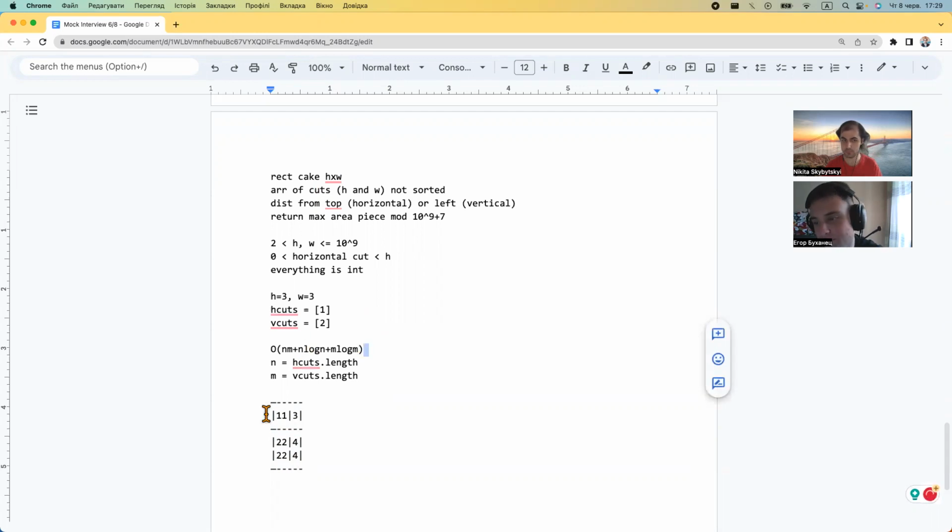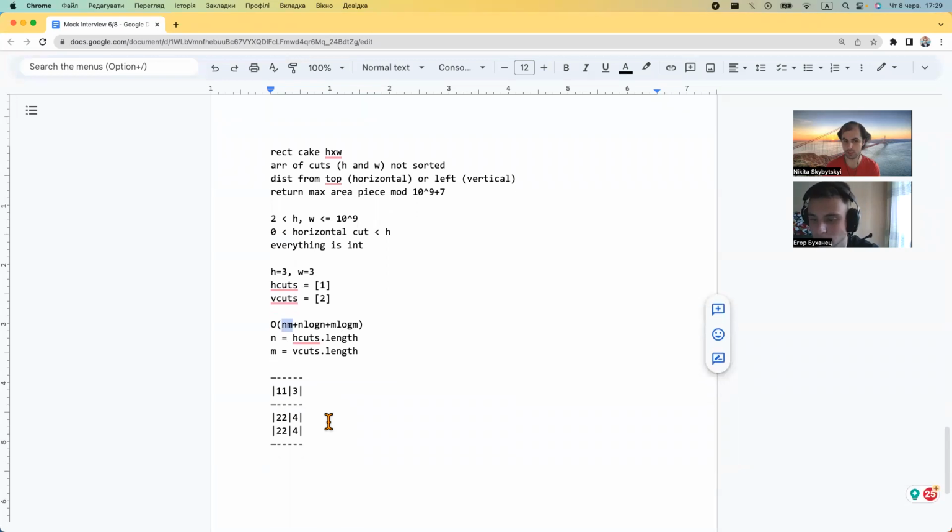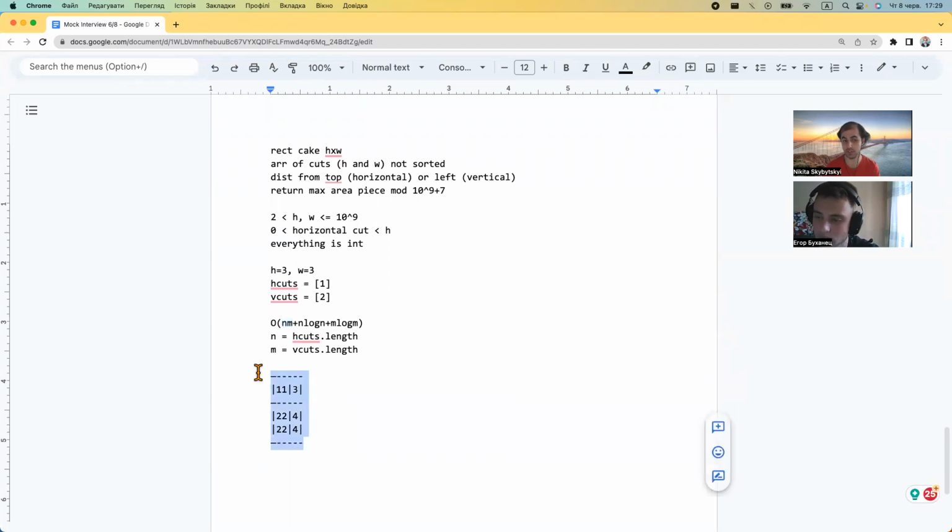Yep. Because I need to find consecutive pairs and they are not necessarily consecutive in the input order. So I have to also sort everything. You're right about this being sort of brute force, because if both n and m are large, like 10 to the 5th, then that's surely a lot of work done and not necessarily useful work, because, as we